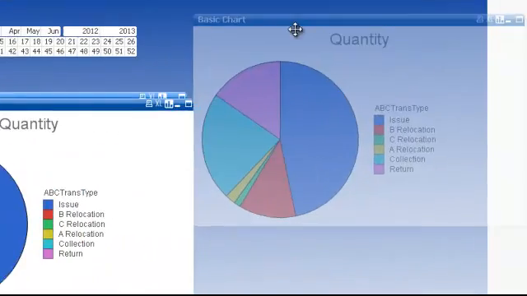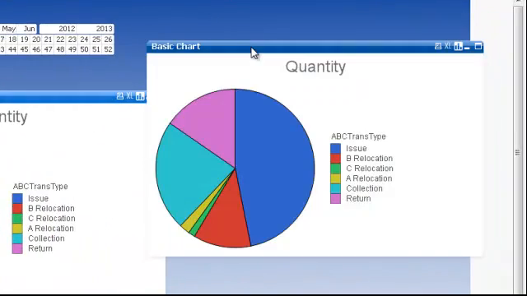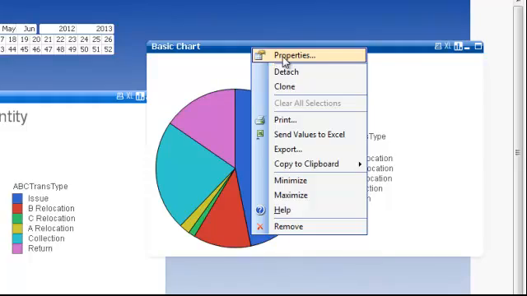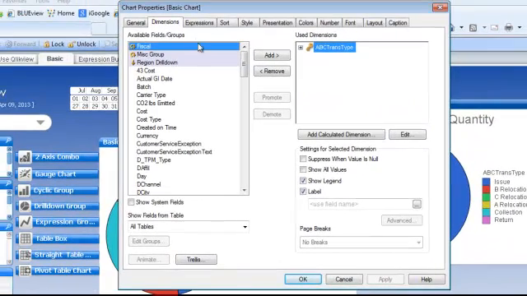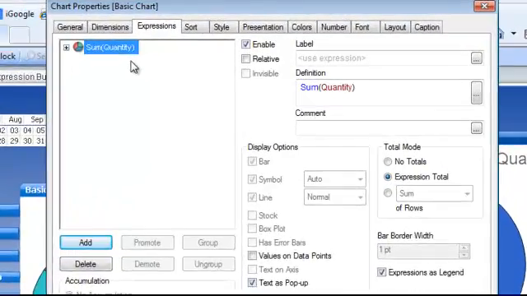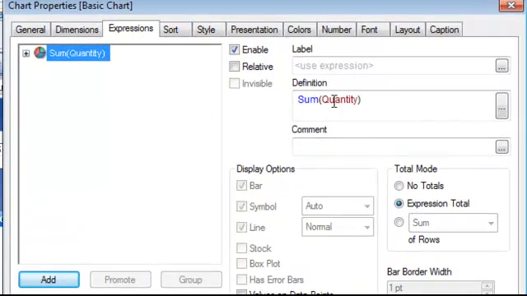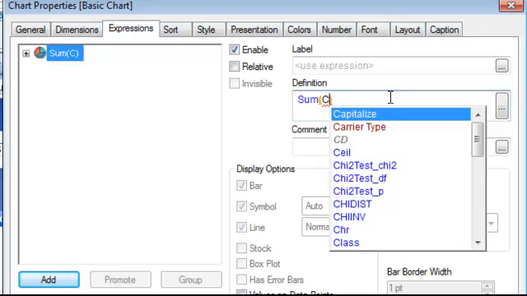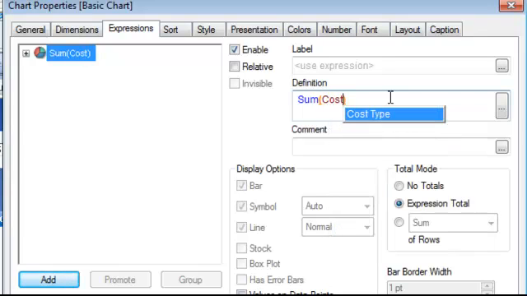So now this clone is mine to do with whatever I want. I go in, I right click, properties. Here's how this chart is built. It has one dimension and one expression. So what I'm going to do is I'm going to call it sum of cost. You can either type it in like that, or you can press this little button here with an ellipsis on it